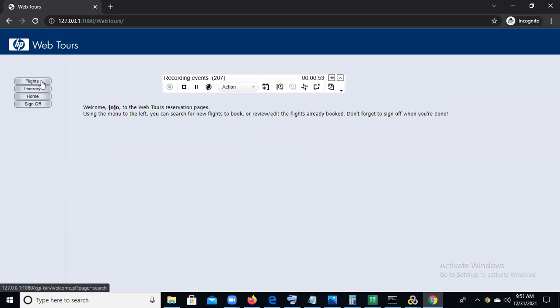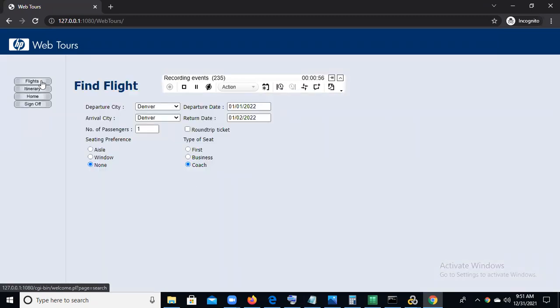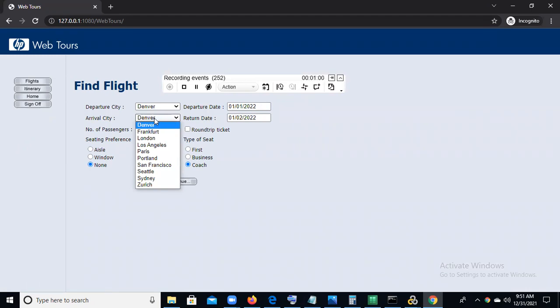Click on flights. We should know the business flow before recording, because if we go back, the recording will not be successful and you would have to record again. So before recording, you need to understand the business flow. That is a good thing.